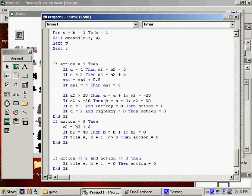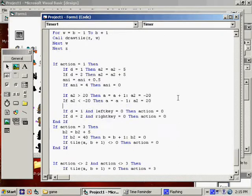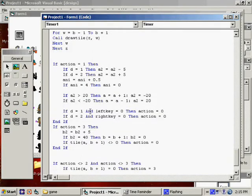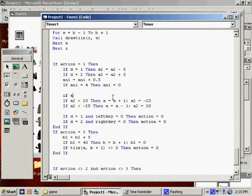Here we go. This code in here, this is what lets him walk side to side, right? So what we need to do... Only let him move if that spot is clear. So we say if A2 is greater than 20, I'm going to put this here ahead of it first. If A2 is greater than 20 and tile of A plus 1, B, what would it be? Equals 1 is a solid. Then